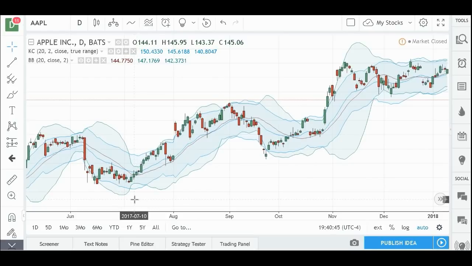That's a real squeeze. I mean, look how tight that is. When the Bollinger Bands are actually tighter squeezed than the Keltner channels, that's a real squeeze. And then you can see that squeeze is likely to release. We may not know which direction, but we saw a big move up after this pretty tight squeeze here, to say the least. And so if the Bollinger Bands go inside of the Keltner channels, that could be, for options players, a real opportunity. All right.